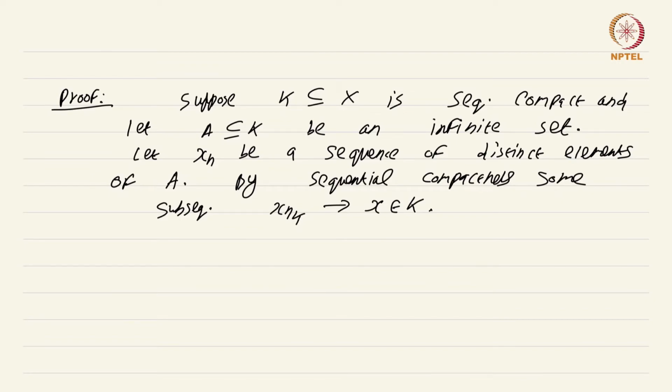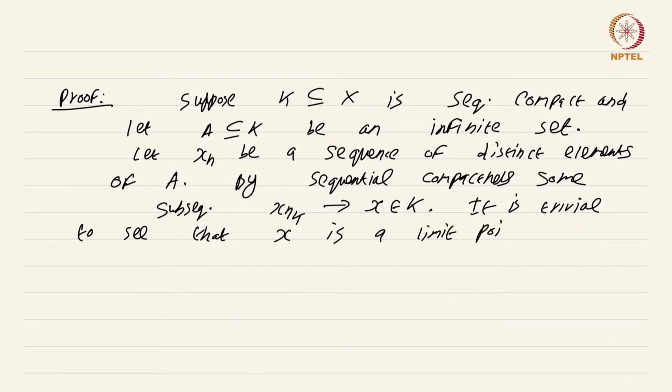Now it is trivial to see that x is a limit point of A. So this part is rather just apply the definition of sequential compactness and you get what you want almost immediately. Now on the other hand,